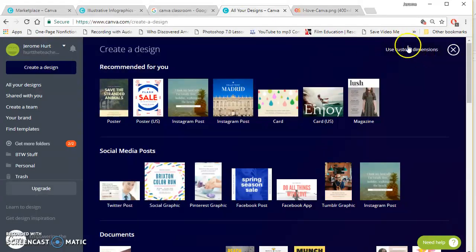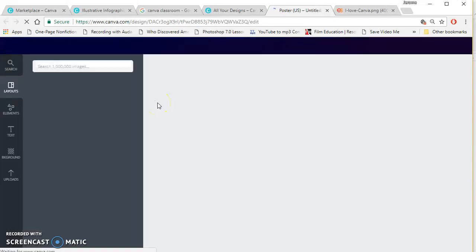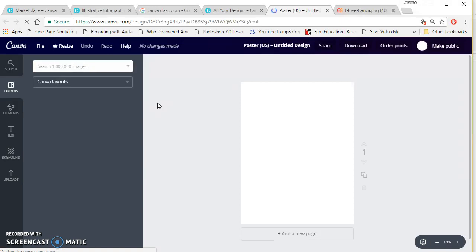Or you can use your own custom dimensions and put in the size of the graphic you want to create. Usually I do all mine in poster because it translates into letter pretty well. And if I ever need it bigger for our poster machine, it doesn't get pixelated. So I'm just going to go ahead and click this to begin. So once you click that to begin,